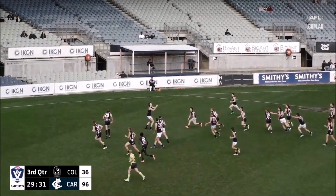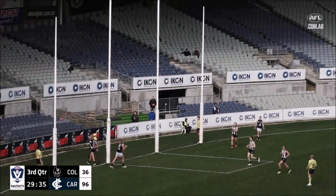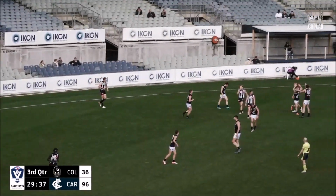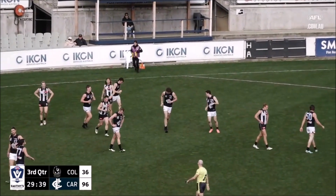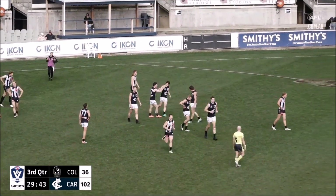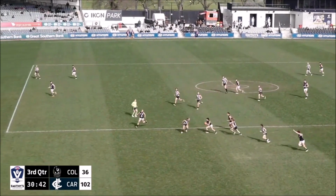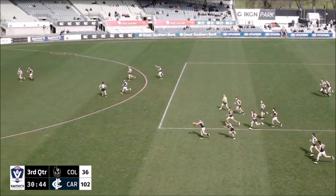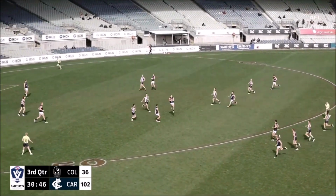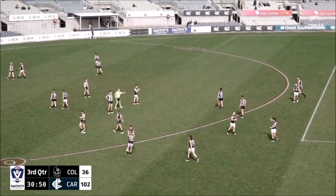Lord trying to work his way through. Got the handball out. O'Keefe. And now Nelson. He kicks the goal. Second goal for Luke Nelson today. And here in the Smithies VFL, Southport and Gold Coast have been here on grand final day. Brisbane might make that a treble for the Queensland-based sides as Hayes goes with the short pass inside 50, and